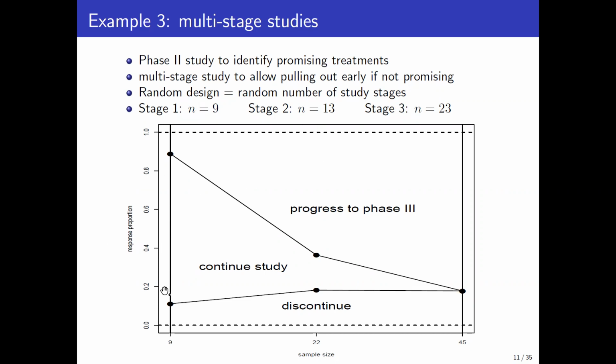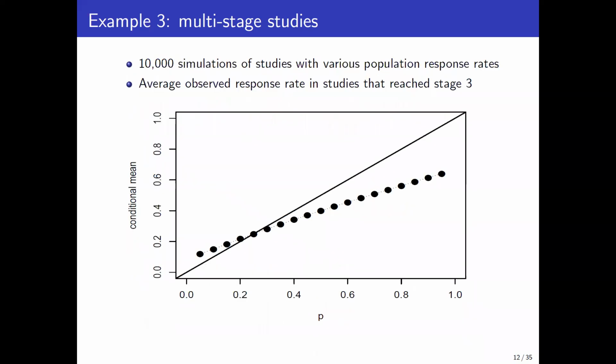And we continue if we fall within this region between these 2 boundaries, and we progress to phase 3 if we go above it and discontinue if we go below it. And we can then look at how that simple standard estimate of the proportion responding, which is just a simple proportion, how that responds conditional on the particular design